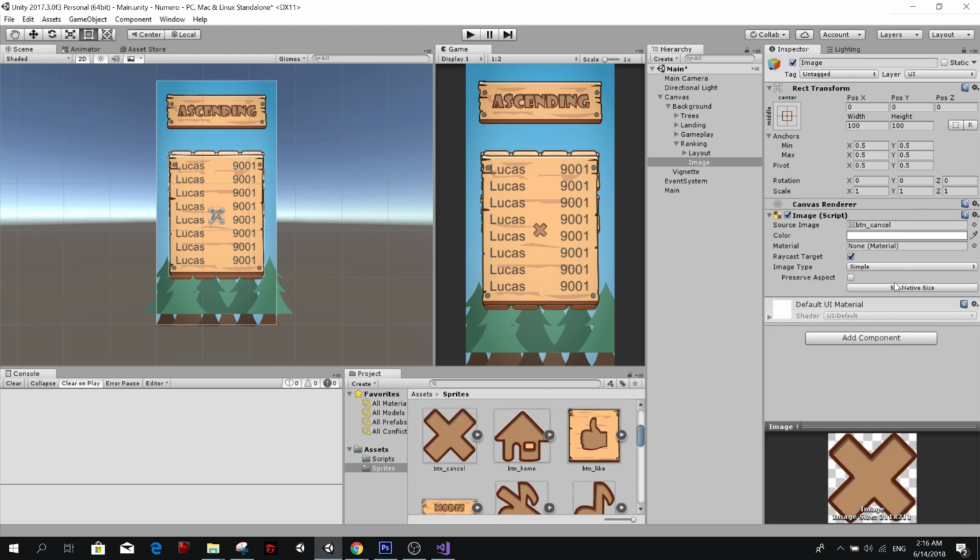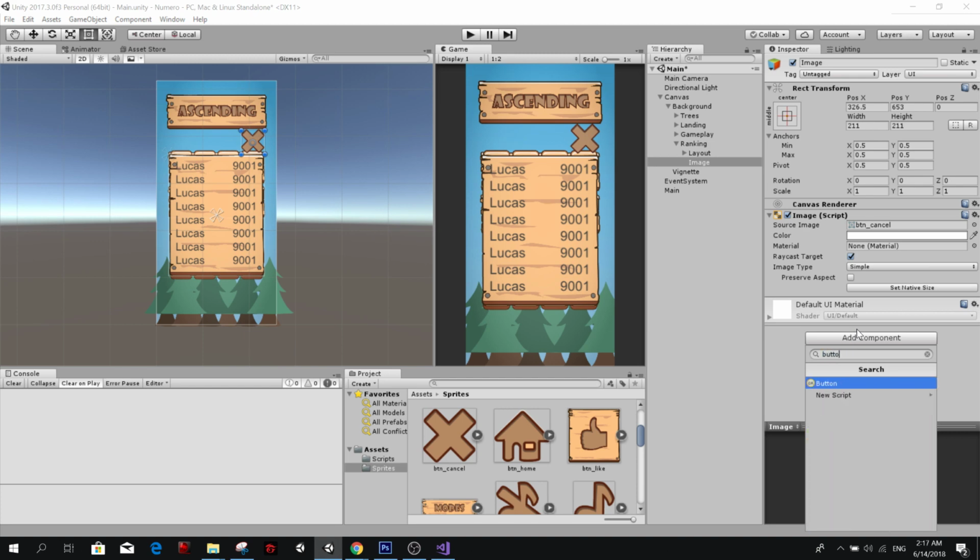Boop. Set native size and move it up here on the right, and put it here. Just going to put it here for now, just for now. Don't worry, guys. We're going to make a better UI in the future. So, button,